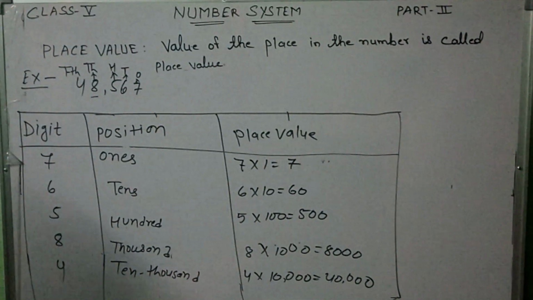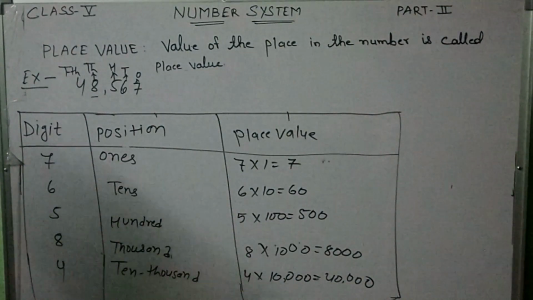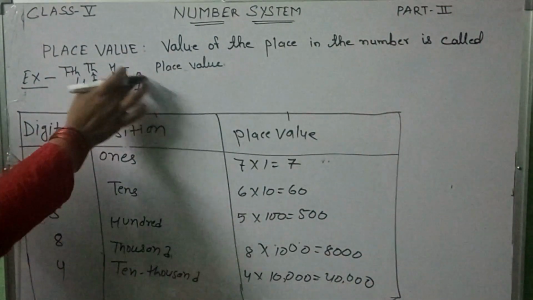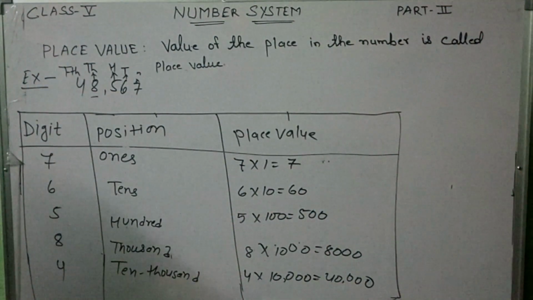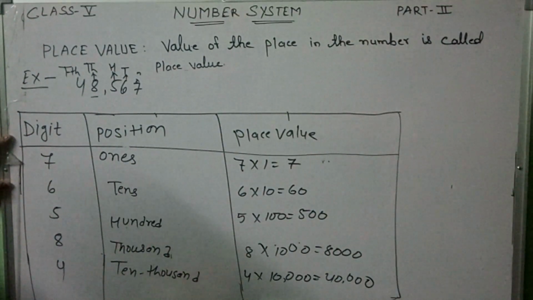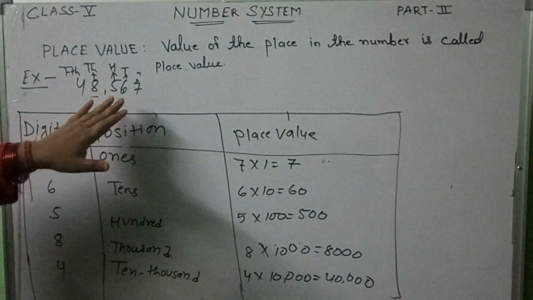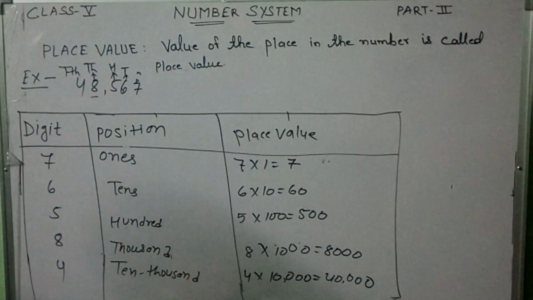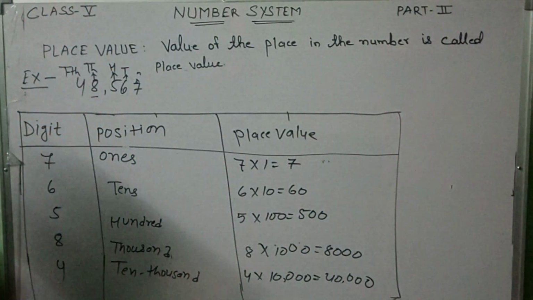Children, one more work we can do here. We can write these numbers in the expanded form also. So one more question arises here. If the question is given, write 48,567 in expanded form, so how will we write? First you write the word here,